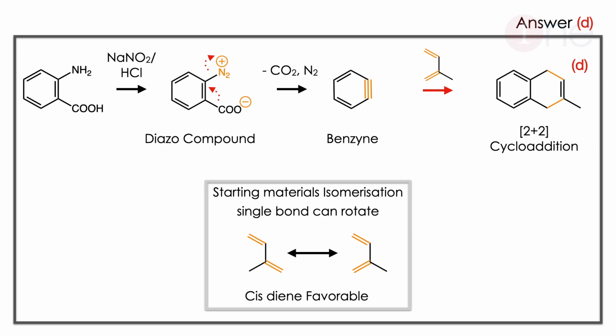Here the alkene is given in the trans form, you have to write it as the cis form. Why? Because it can be rotated, since the single bond is in the middle, so it is easily rotatable. It can be rotated back and forth, so it will be easy. So here you have to guess benzene as well as a 2 plus 2 cycloaddition.